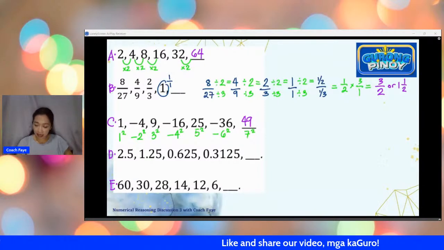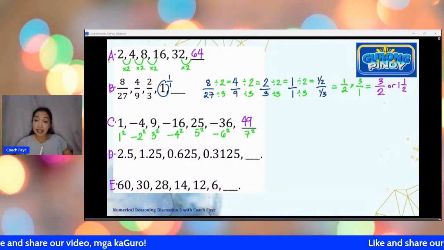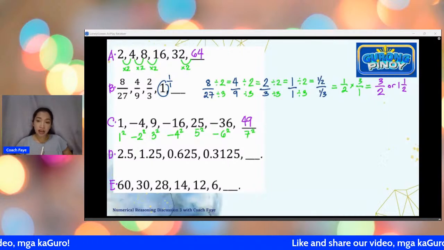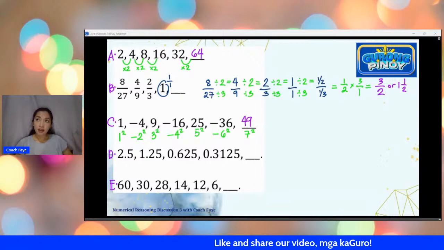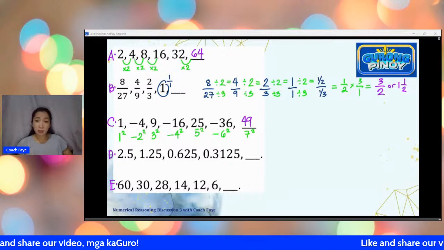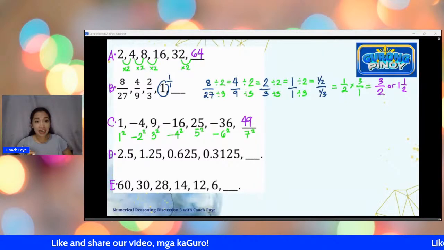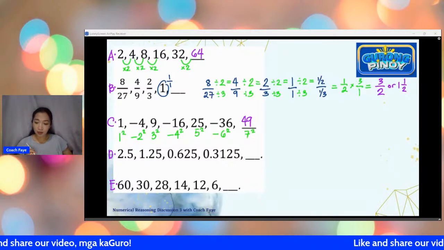Meron po akong dagdag na katanungan dito kay letter C, which we will cover lang later in the next slide. Yes, Sir Mark, yun po yung improper fraction. If you have a larger numerator than your denominator, that is an improper fraction. Just because it's improper doesn't mean na pwede pa siyang i-lowest term. So, yung improper fraction, pwede mong gawing mixed. Pag mixed, may whole number, tsaka meron ding fraction form.